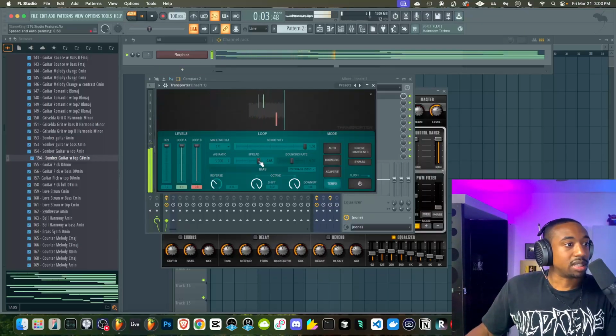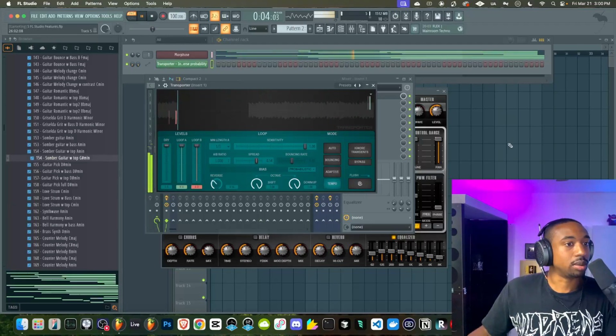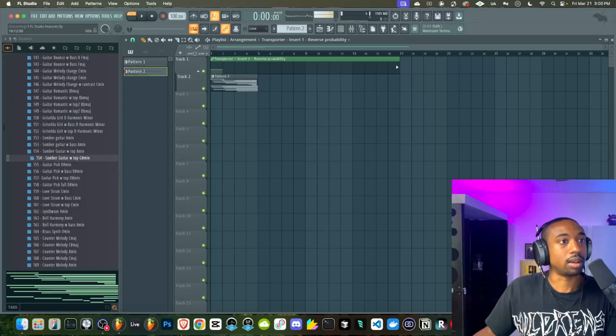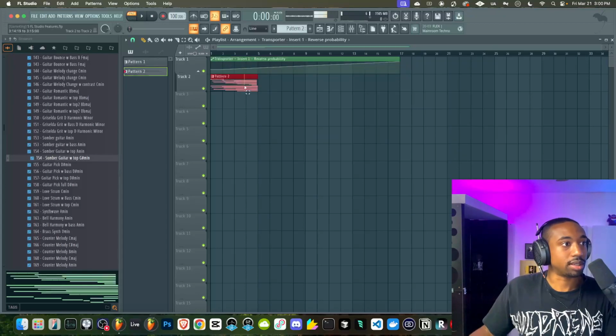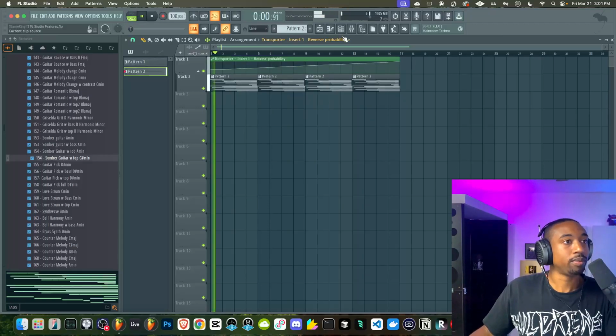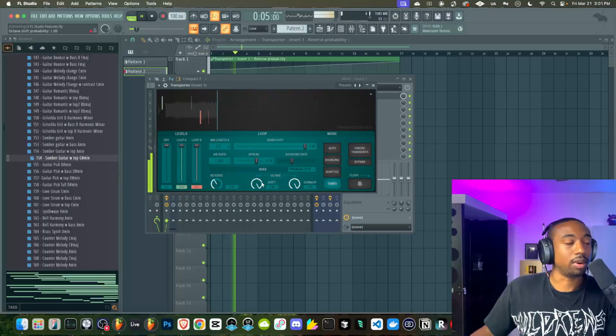I also like to mess with my spread knob. We can also right click and create an automation clip for the reverse. So let's add this pattern into the playlist here and just have it kind of do different things over time. Because what we'll do is copy this and we're going to print this to audio. Let's go to song mode. So think of it like a delay that can be reversed.